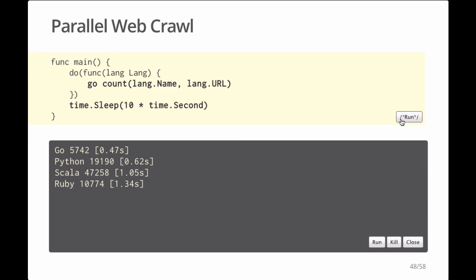There's only one problem with this program. We created all this parallelism, but we don't have any coordination of it. So we have no way to know when the fetches are done. I've put a sleep at the end of main here to let them finish, but now the program runs for 10 seconds before it exits. So obviously we need to coordinate this parallelism, and we do that with channels.